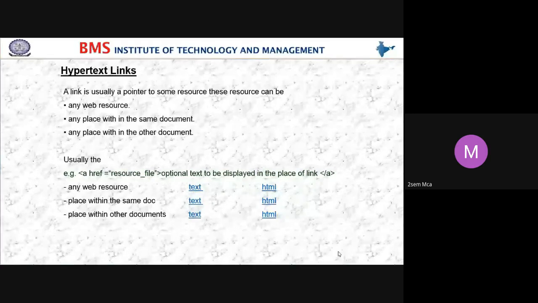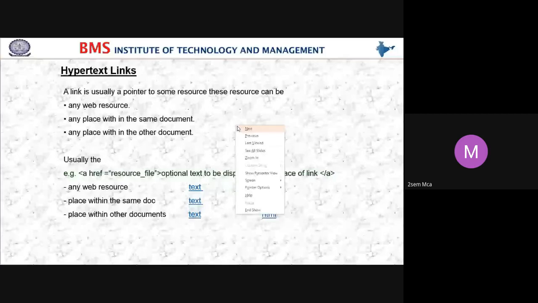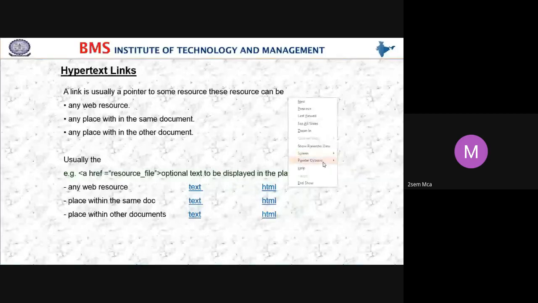The syntax of the hyperlink tag is... and one more name we have for this tag, students, that is the anchor tag.